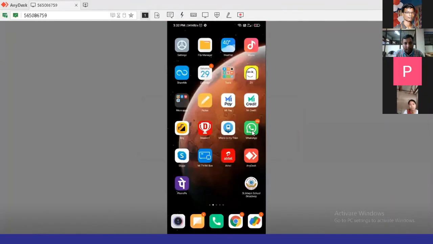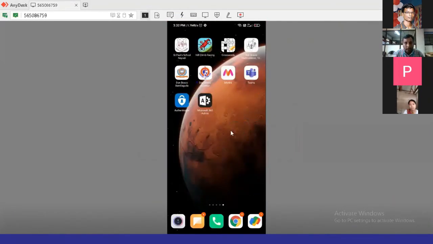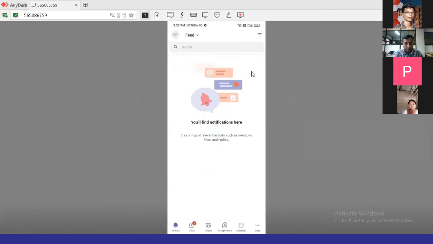Okay, I will just show Microsoft Teams. Here, the app has already been installed. MS Teams, it is there. I can just click on that. I'll be able to log in as a student or as a staff. Now I have already logged in as a student here.